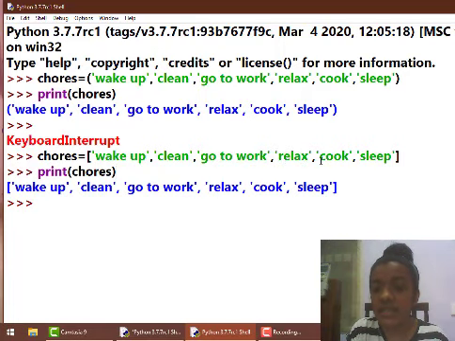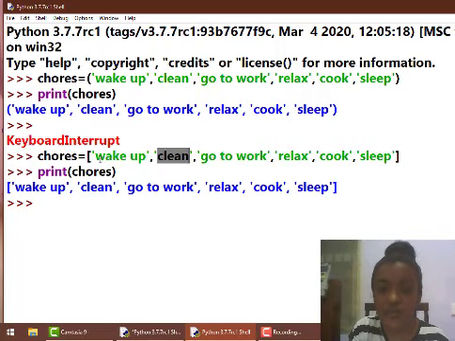Like that it keeps on moving. So when we think of indexes, we have to subtract 1 from the human count, because usually humans think of wake up as number 1, but in Python it's not like that. In Python, wake up is the first item, so the first index is taken as 0, and the second index is taken as 1. So it goes on like 0, 1, 2, 3, 4 like that.